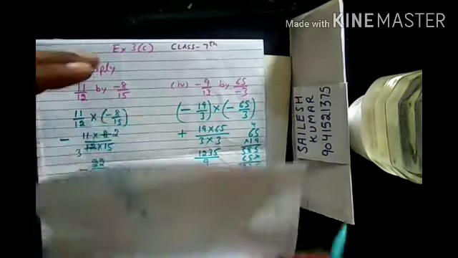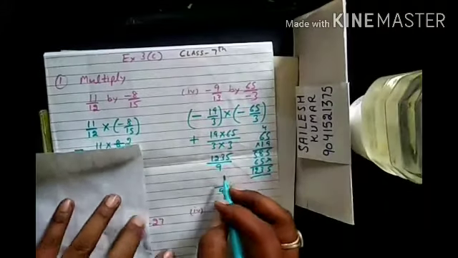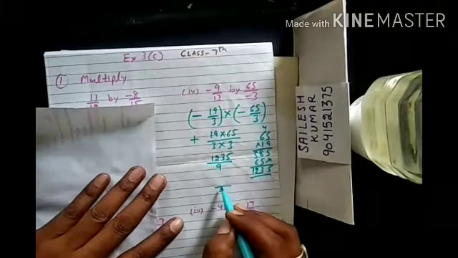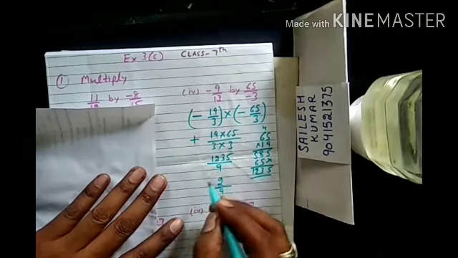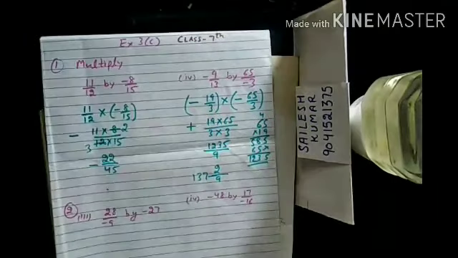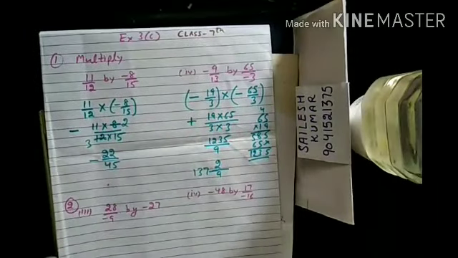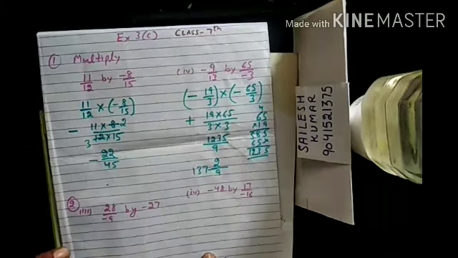Now we see in the division we get this. Now I will write this in the mixed fraction form. 9 in the denominator, the remainder on the top and the quotient on the side. So in this way I got the answer of the multiplication of the rational numbers. These two sums give us the proper idea.